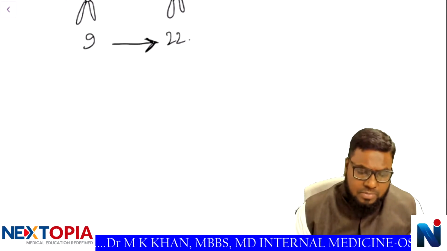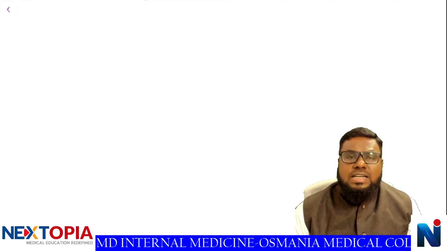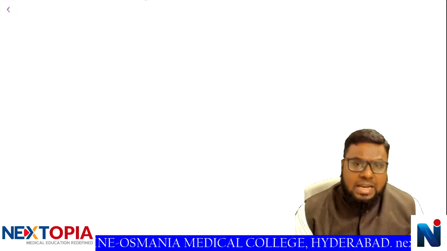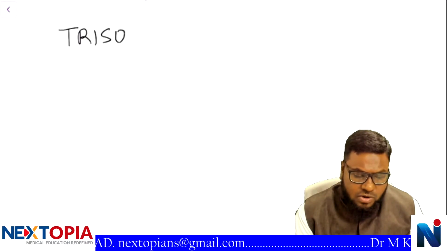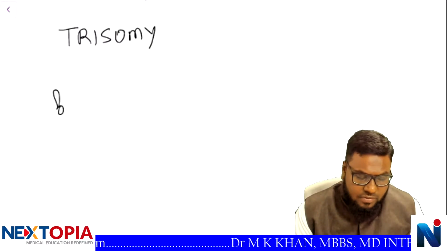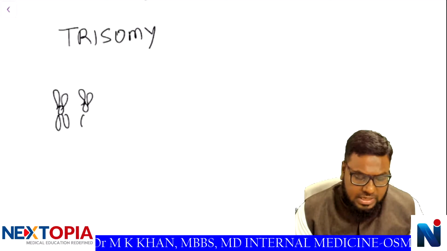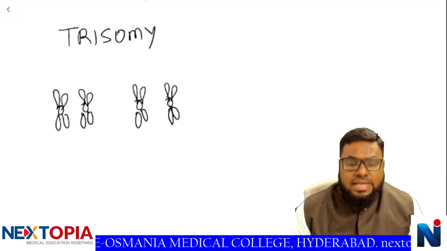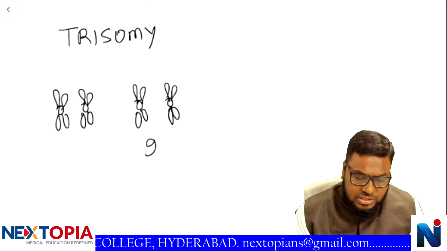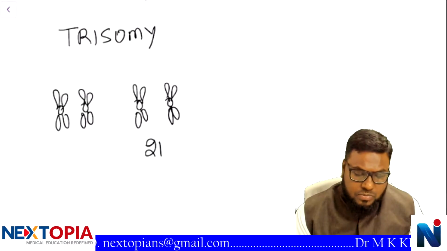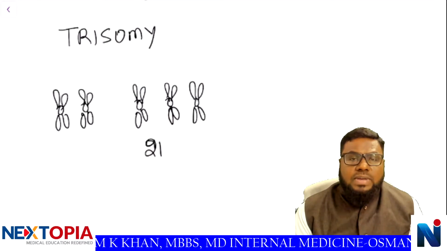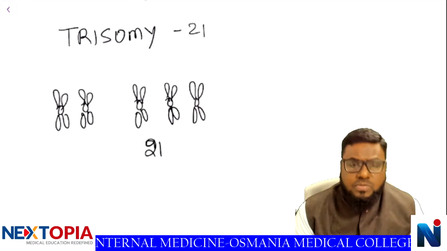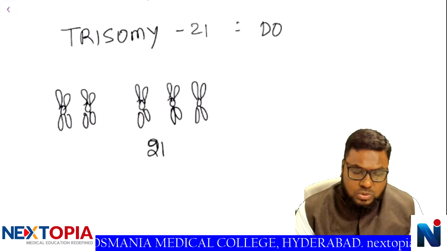So duplication or multiplication of chromosomes will also result in certain disorders. For example, numerical abnormalities. Please remember trisomy 21. We should have a set of chromosomes. We have the first pair like this, second pair like this. Like this we have 23 pairs of chromosomes. Sometimes at the location of the 21st chromosome, there is a third chromosome. We call it trisomy 21.